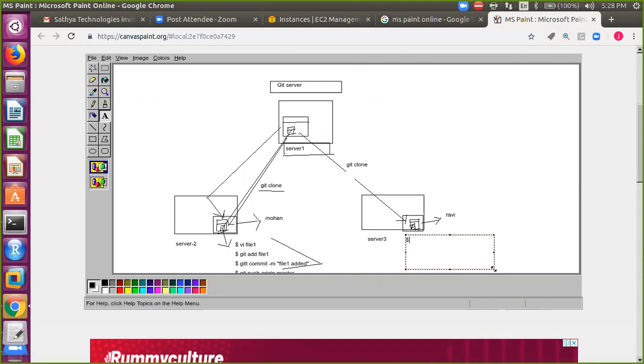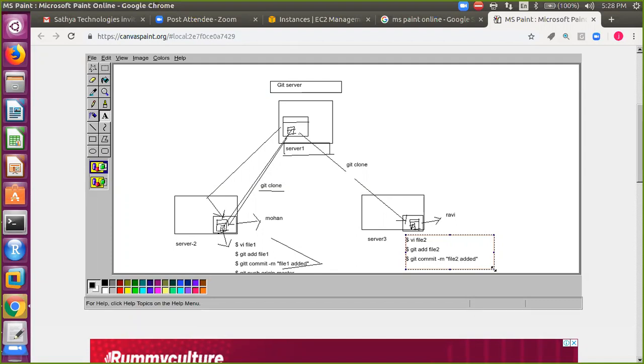Let's say like this, vi file 2. What do you need to do again? Git add file 2. Say git commit -m, so committing his changes in his local repository. Say "file 2 added".